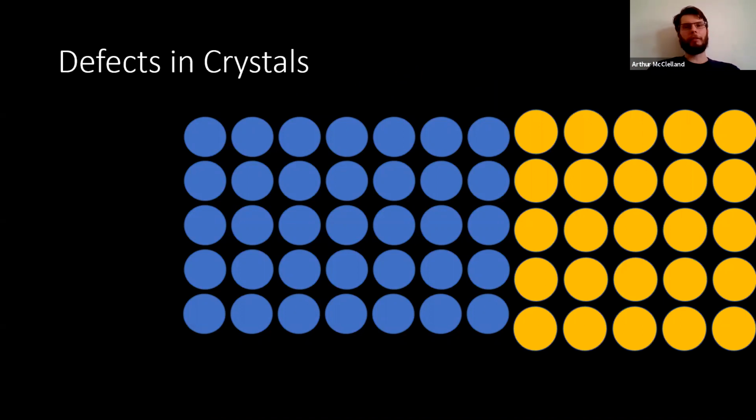We can also have defects at interfaces. So here we have two different materials stacking together, and they have different lattice parameters. The lattice parameter is the spacing between the atoms. So the yellow atoms have a slightly larger lattice parameter than the blue atoms. So we can see there's a little bit of offset between them as they try to line up. So that's going to distort some bonds. It's going to change the electrical properties at that interface. So often we're trying to engineer the interfaces so that we get the properties that we want at the interface.